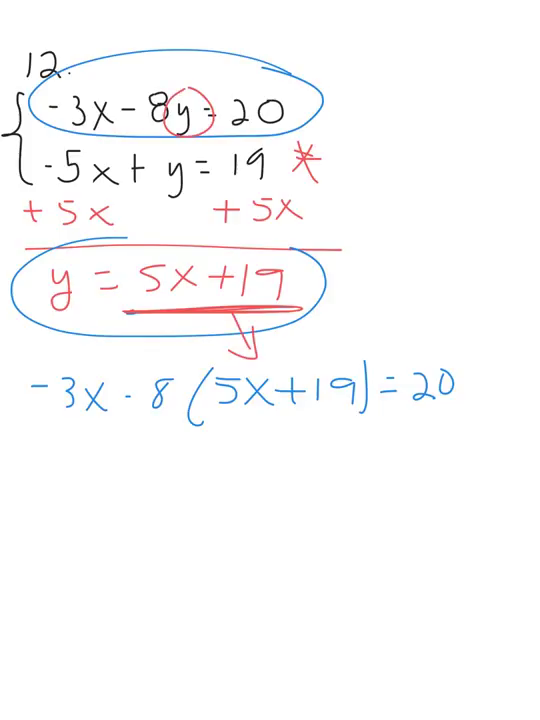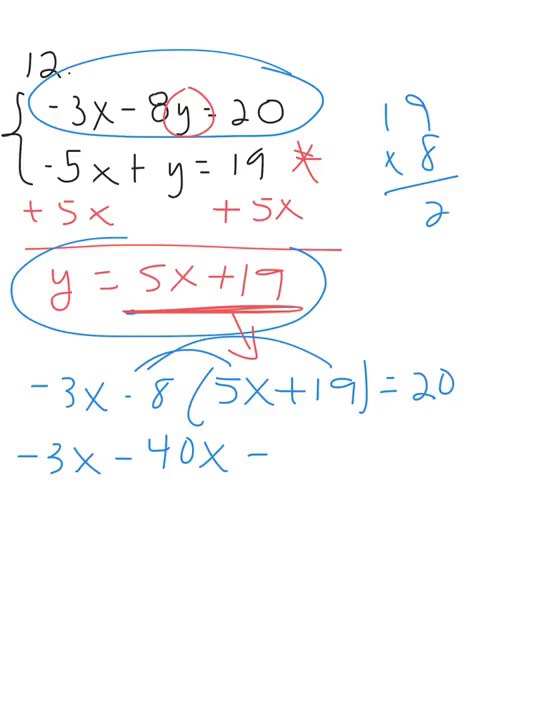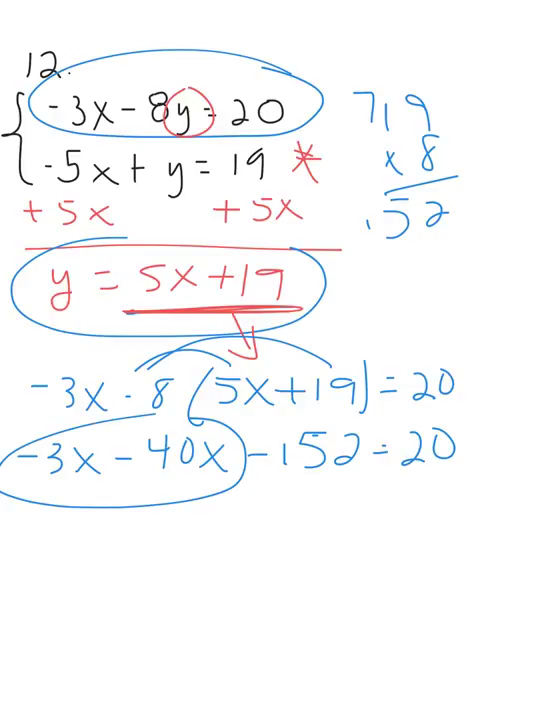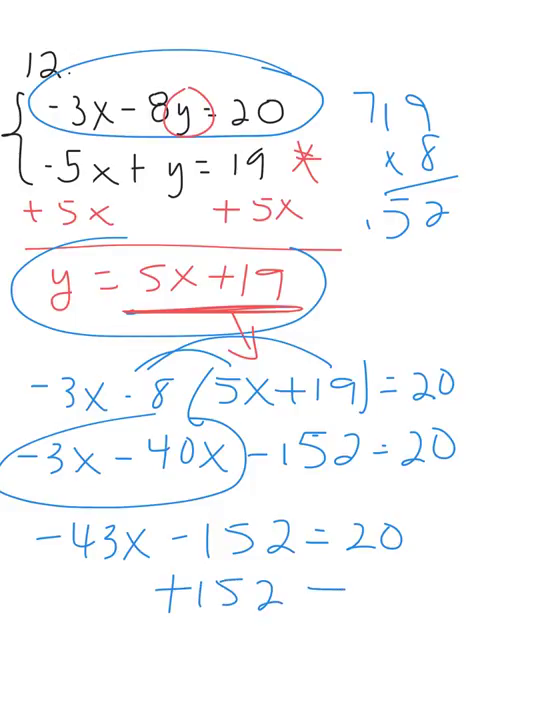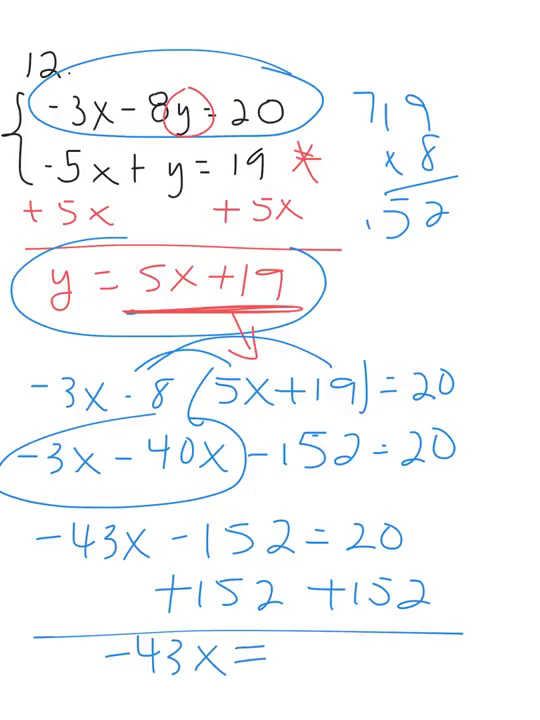So now we are going to distribute negative 3x minus 40x. Now I don't know what 19 times 8 is. 152 equals 20. Combine negative 3x minus 40x gives you negative 43x. And then we're going to add 152. And we have negative 43x equals